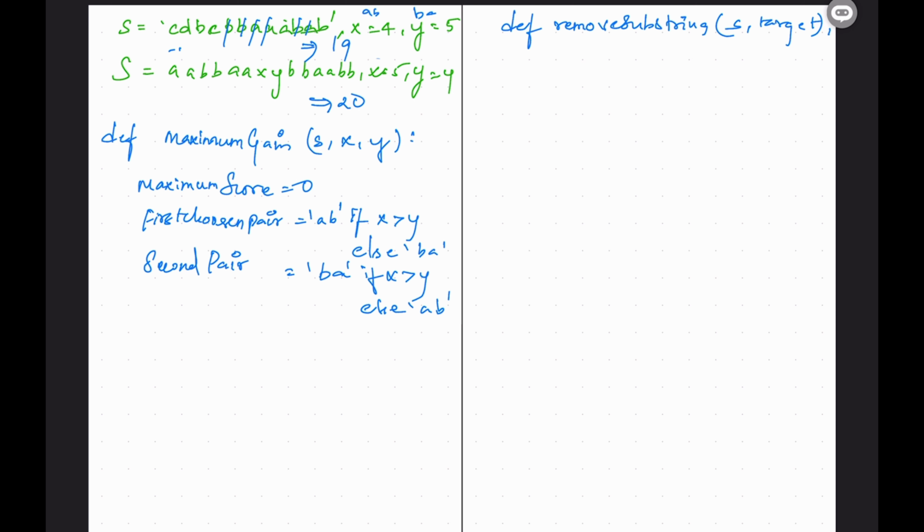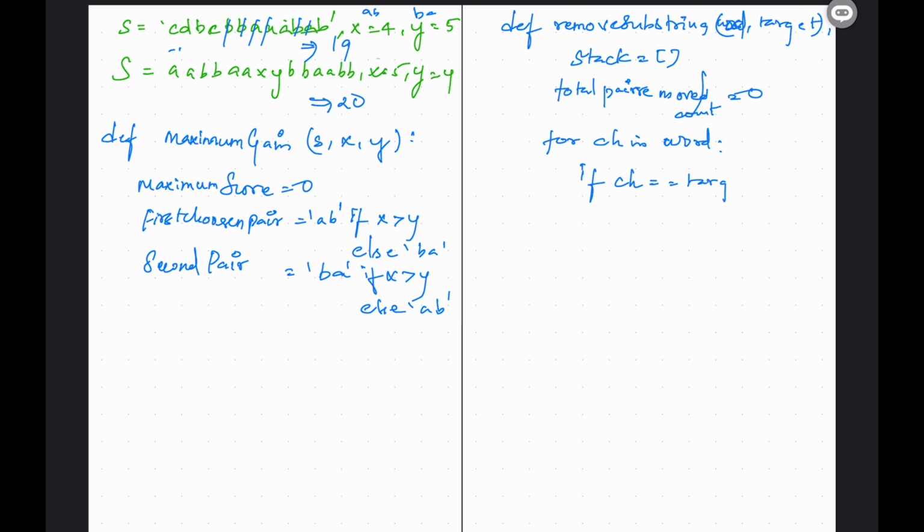We can do it. So the same like that, initially we are thinking some approach, so now I'm going to have a stack. The total pair removed count I will have as 0 initially. Now I am traversing each character in this s, or word. Let me take word here. Now what I'm going to do, I'll be checking if this current character equals target of 1,